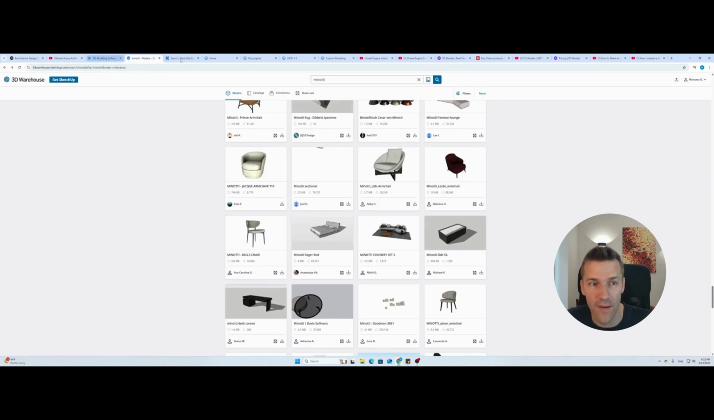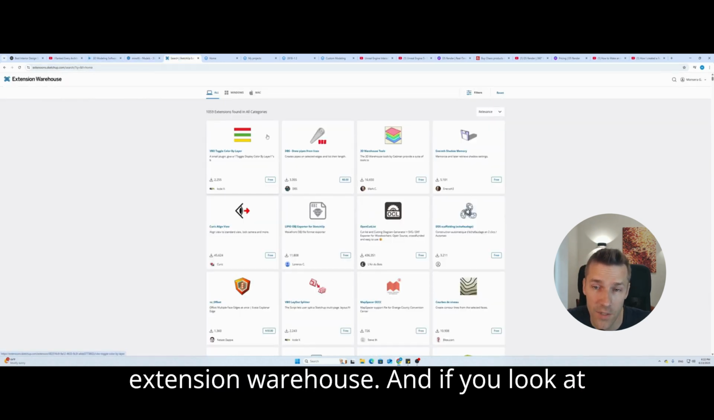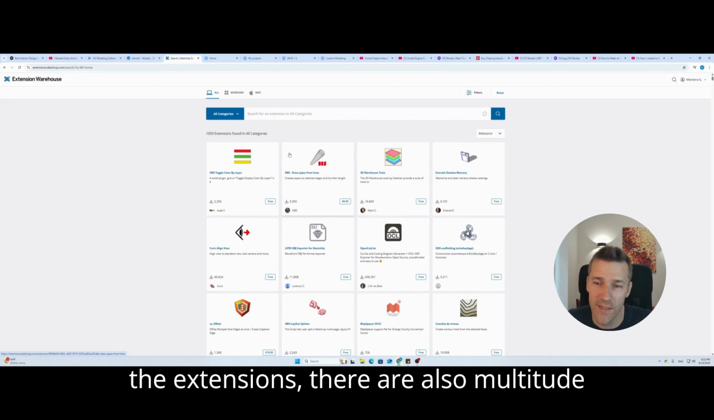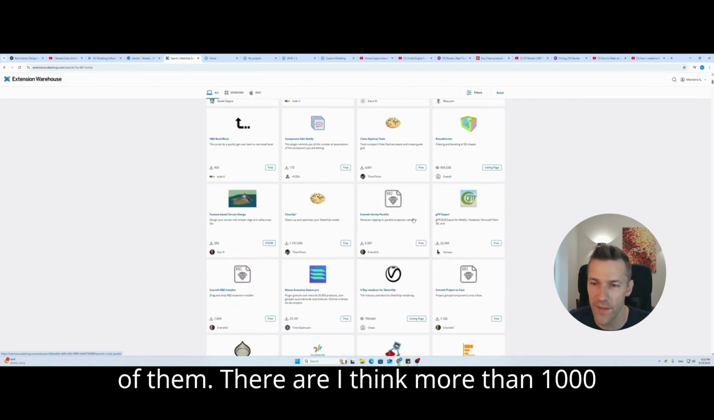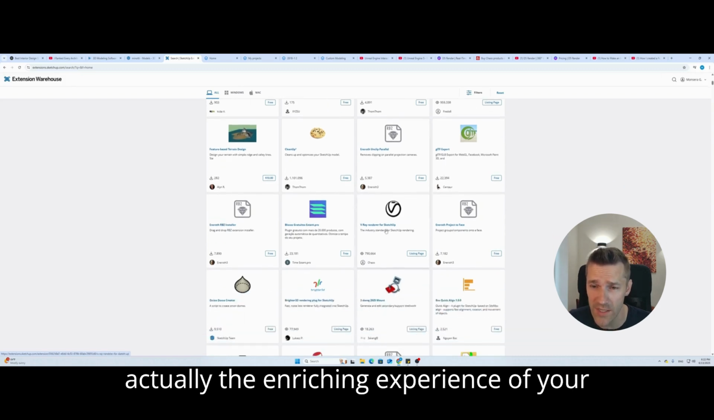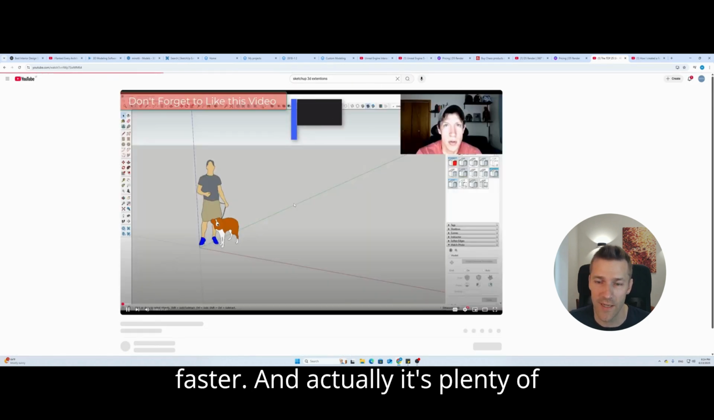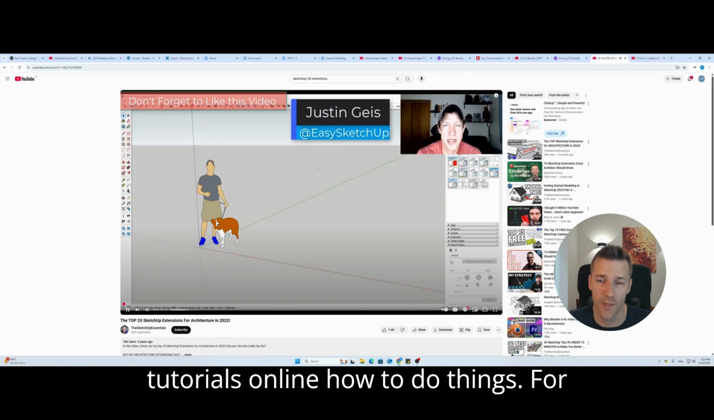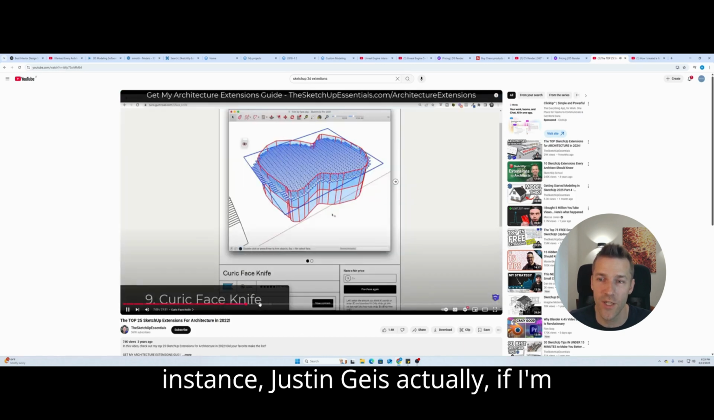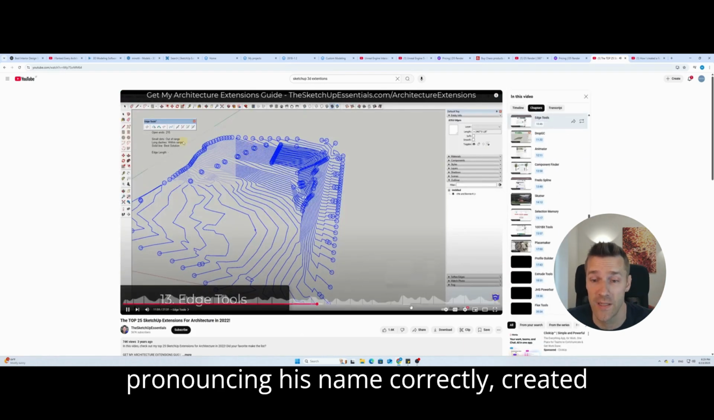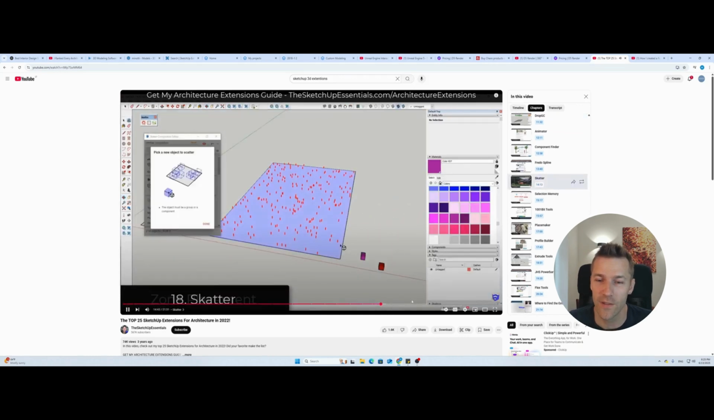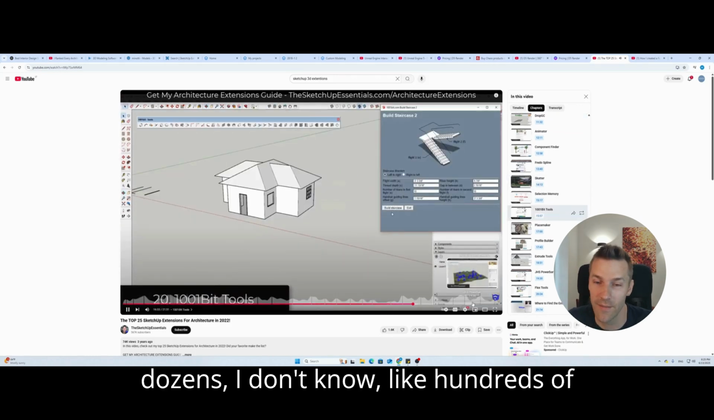Also, they have extension warehouse. And if you look at the extensions, there are also multitude of them. There are, I think, more than 1,000 extensions. What extensions do is actually enrich the experience of your SketchUp modeling. You might make things faster, and actually there are plenty of tutorials online on how to do things. For instance, Justin Geis, if I'm pronouncing his name correctly, created dozens, I don't know, like hundreds of tutorials